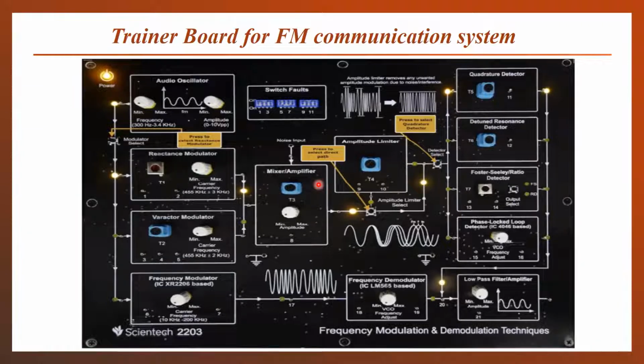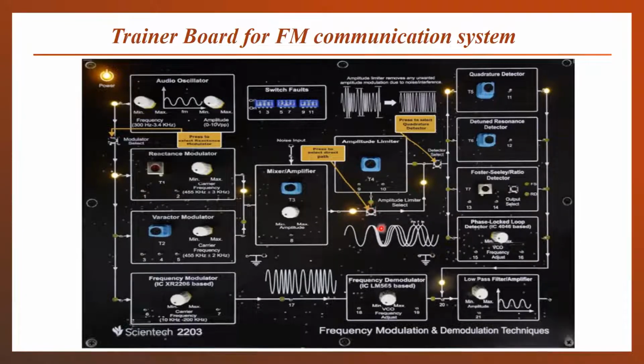We will use the amplitude limiter block, which is present on the right side. When we have to make use of this, we will use this noise input, and this selection will be done through the switch provided, which is termed T3. Now you can see that the noise input LED is not glowing, so we cannot provide noise to our signal, and the signal is amplified and provided to the next block.